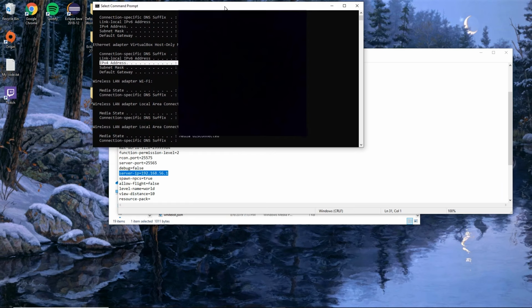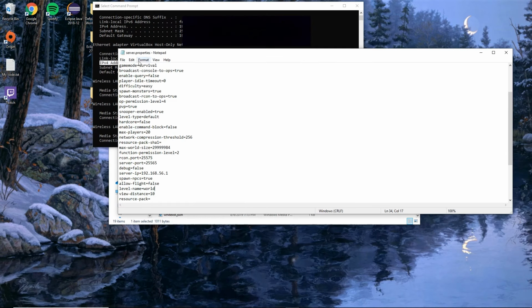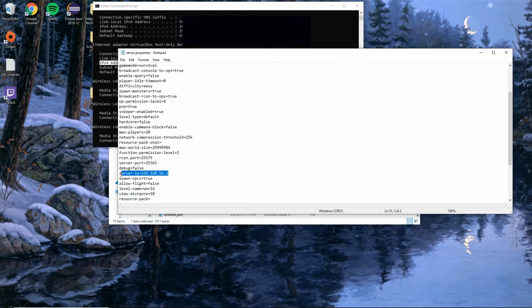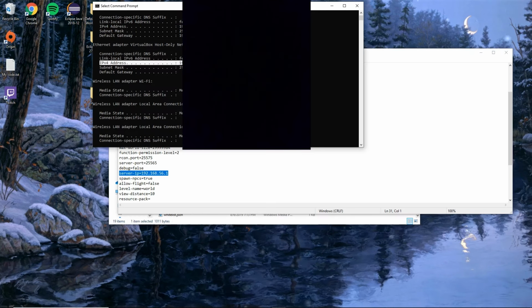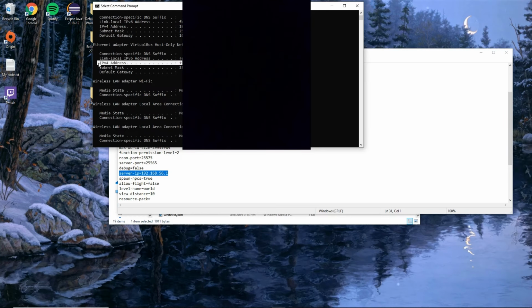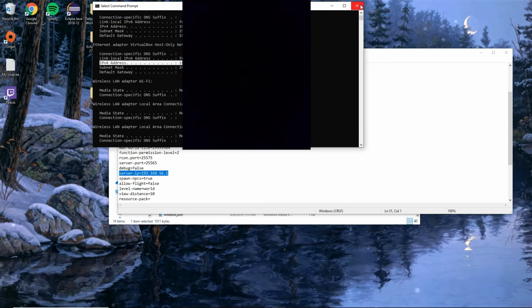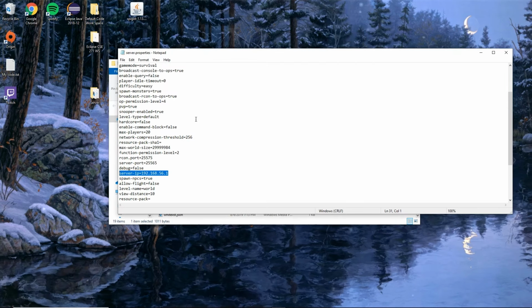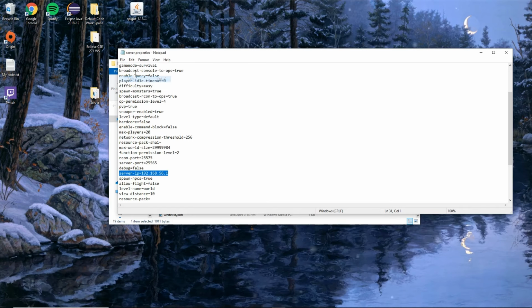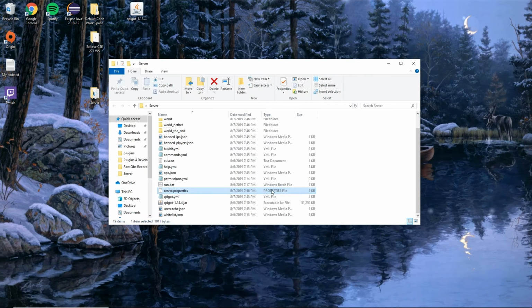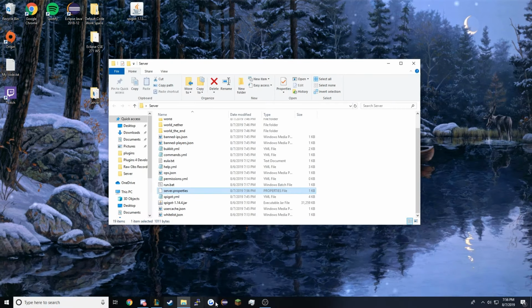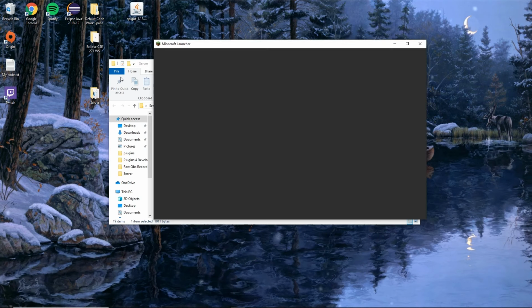Yeah, so open up the server properties, and this is going to be your IPv4 address. All right, so that's what you need to do with that. And so once you've got that done, and you save your server.properties, you are pretty much good to go. So now you're going to be able to launch Minecraft,